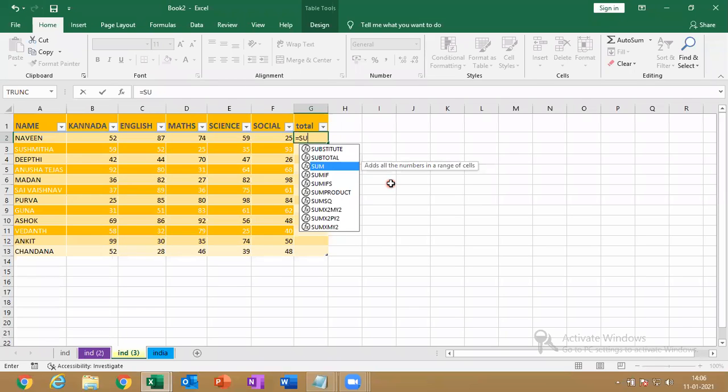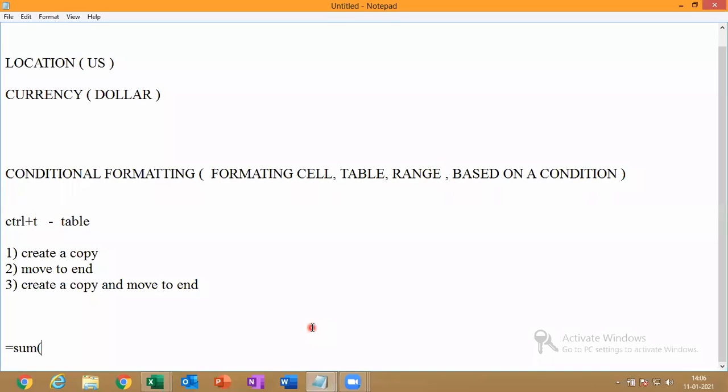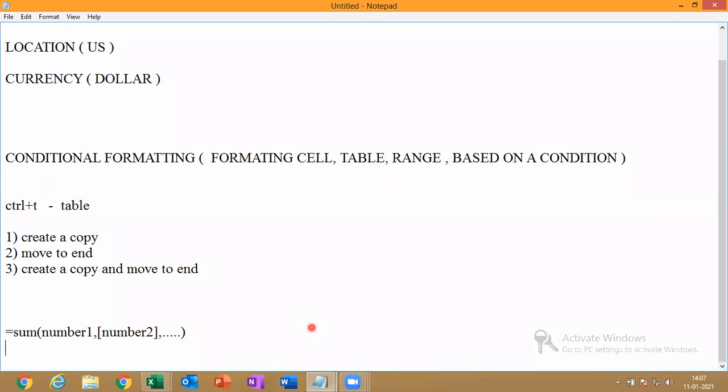So let me choose the tab key. The entire formula is taken with open bracket. So now I am having number 1, comma, in the square bracket, number 2, comma, dot dot, close bracket. So what is the meaning of that number 1? See, number 1 is nothing but compulsory. We should have one data. We should have one number, at least a single cell or a range. We should have one number, and comma